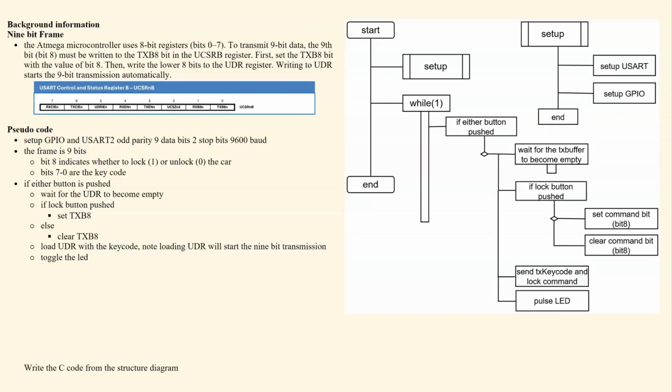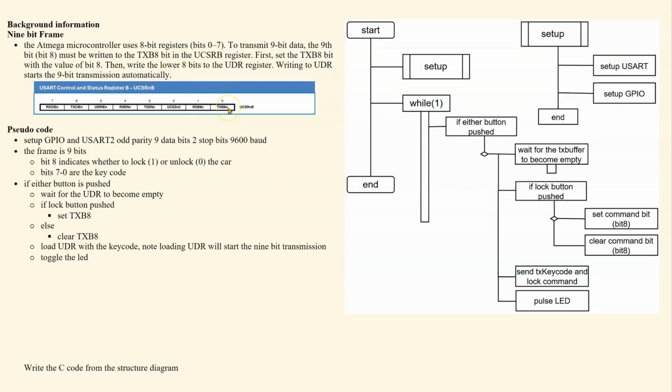So to understand this problem, we must realize that we can send 9 bits of data in a frame. But because the microcontroller is 8 bits, the 9th bit is held in these, for the transmitter, is held in bit 0 of UCSRnA in this case, and the receiver is held in bit 1. So we're transmitting, so the 8th bit is going to be held in